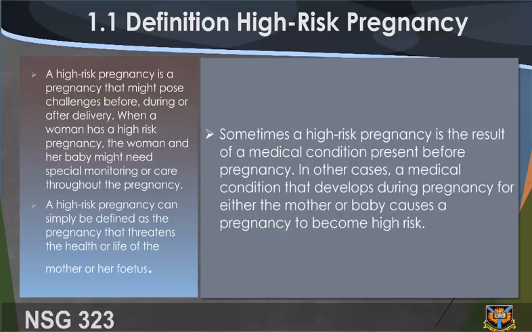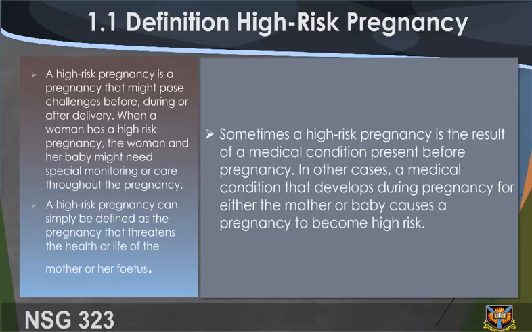1.1 Definition of high-risk pregnancy. A high-risk pregnancy is a pregnancy that might pose challenges before, during, or after delivery. When a woman has a high-risk pregnancy, the woman and her baby might need special monitoring or care throughout the